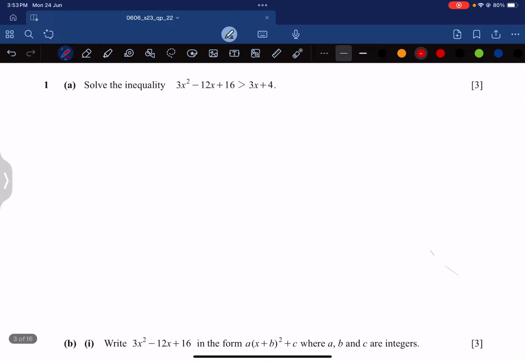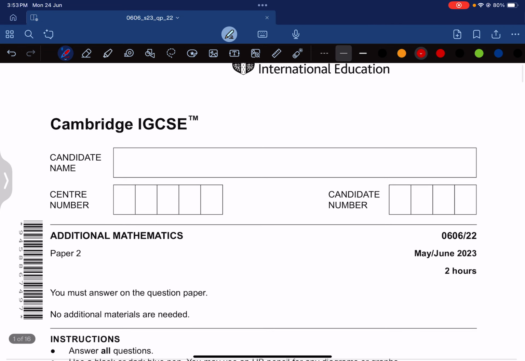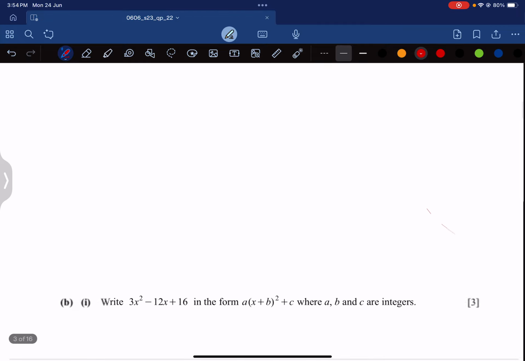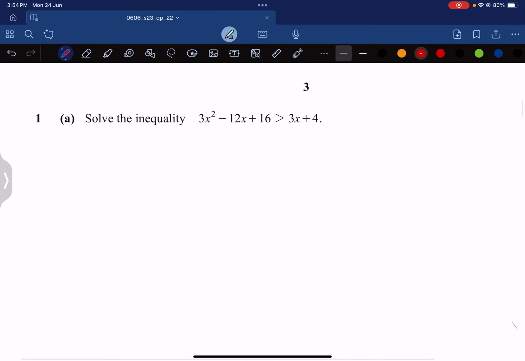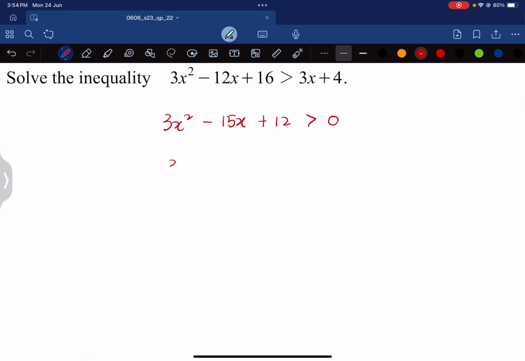Today I would like to walk you through this paper, 2023 May/June, variant 2, paper 2, variant 2. Okay, so first question, solving inequalities. A lot of them together. So we have 3x² minus 15x plus 12 greater than 0, and divided by 3,